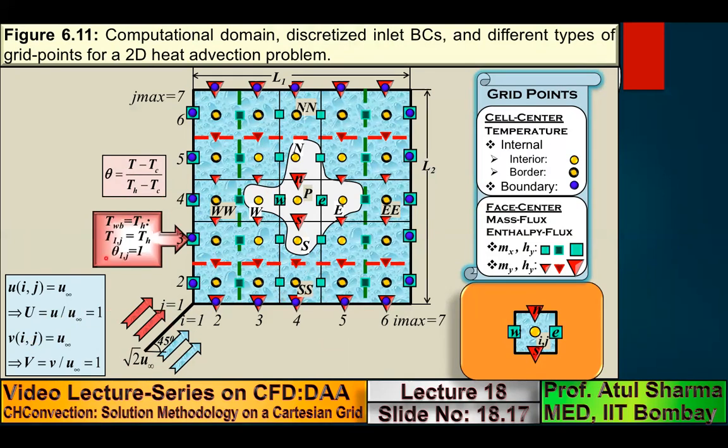In an advection problem, note that you are given the boundary conditions not at all the boundaries, but at 2 out of the 4 boundaries. So in this case, you are given the boundary conditions at the west wall and the south wall. West wall is TH, and when we have defined a non-dimensional temperature theta, the non-dimensional temperature on the west wall comes out to be 1. So this is the discretized form of the expression for the implementation of the boundary condition on the left wall. So for all these blue circles the non-dimensional temperature is 1 on the west boundary, and on the south boundary, the non-dimensional temperatures for all these blue circles are 0.